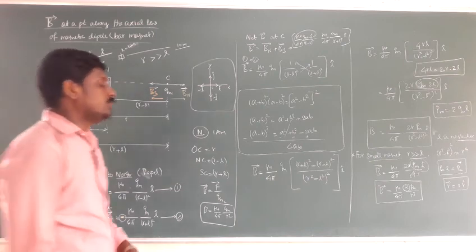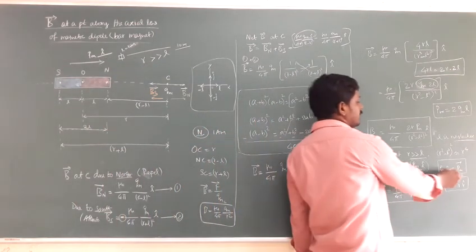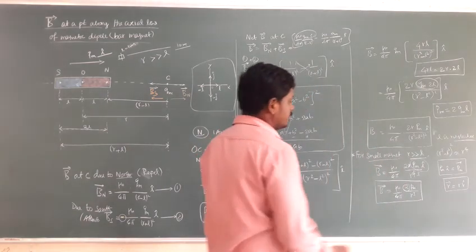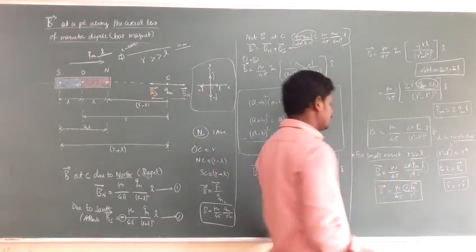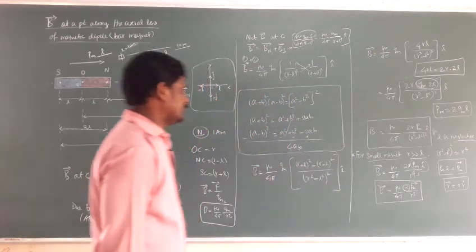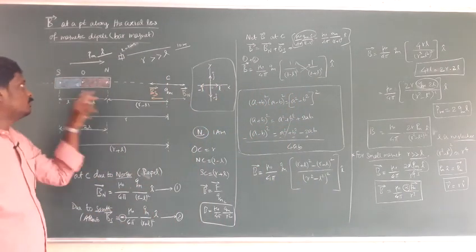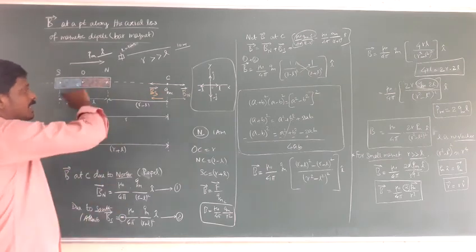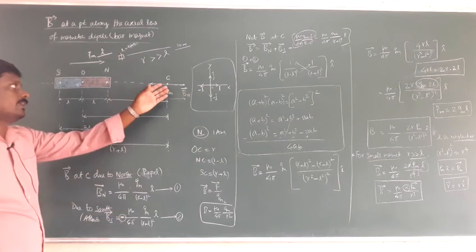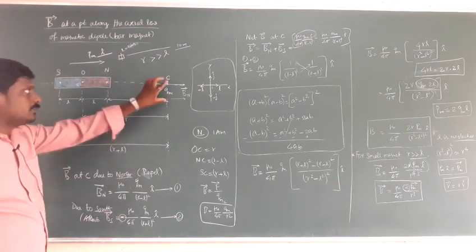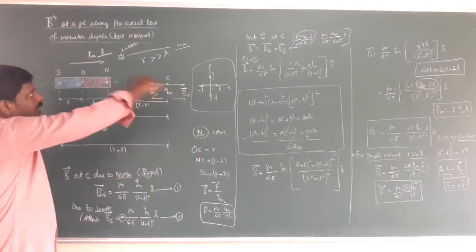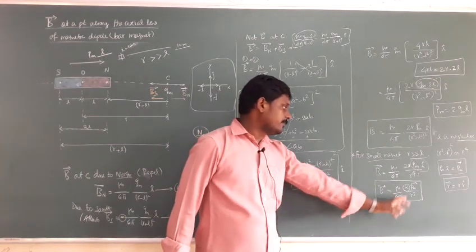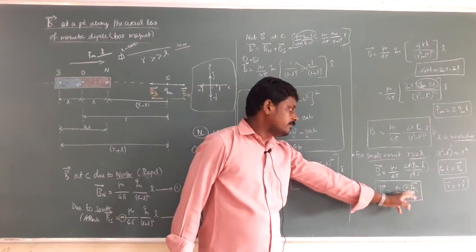So what is a vector? It's pm i cap is equal to pm vector. So just use it, pm i cap. So here one vector symbol. So finally, what is the total magnetic field at the point C due to that bar magnet, if the test magnet's north pole is placed along the axial line of the bar magnet. So finally we will get B equal to μ0 by 4π twice pm by r cube.